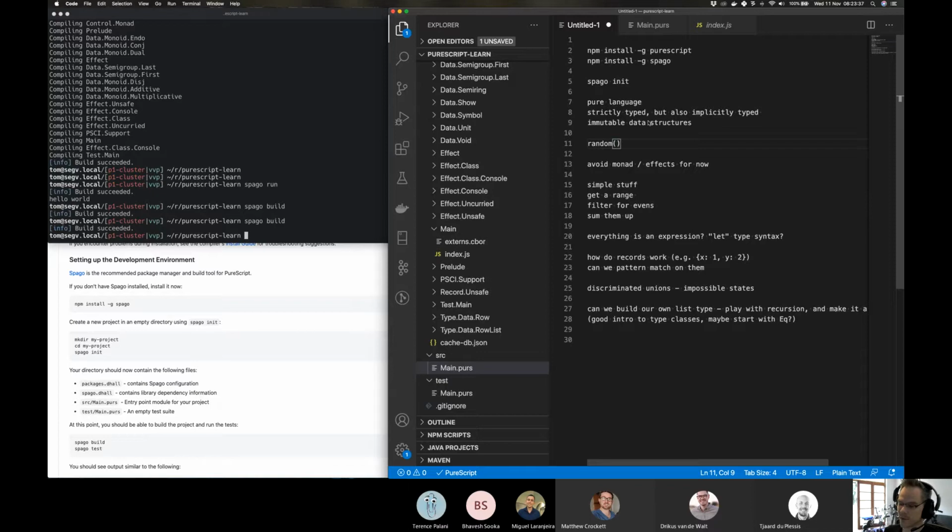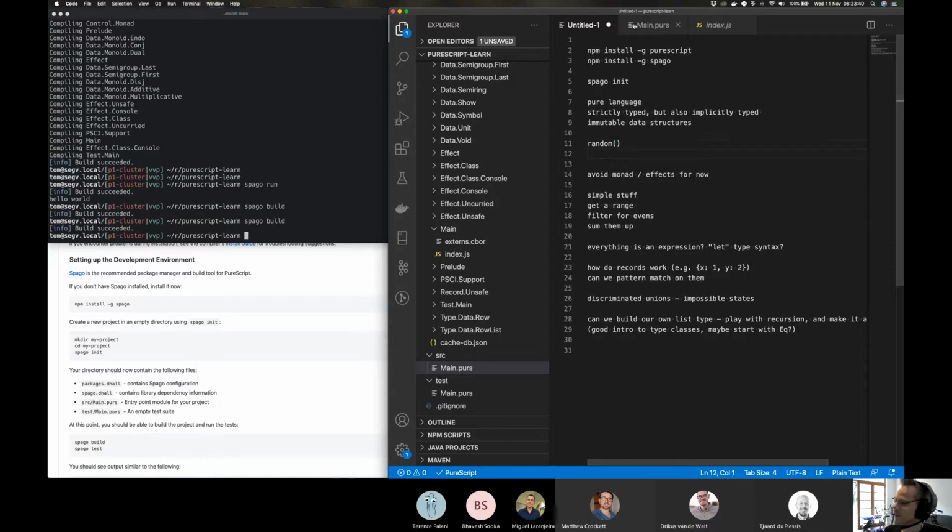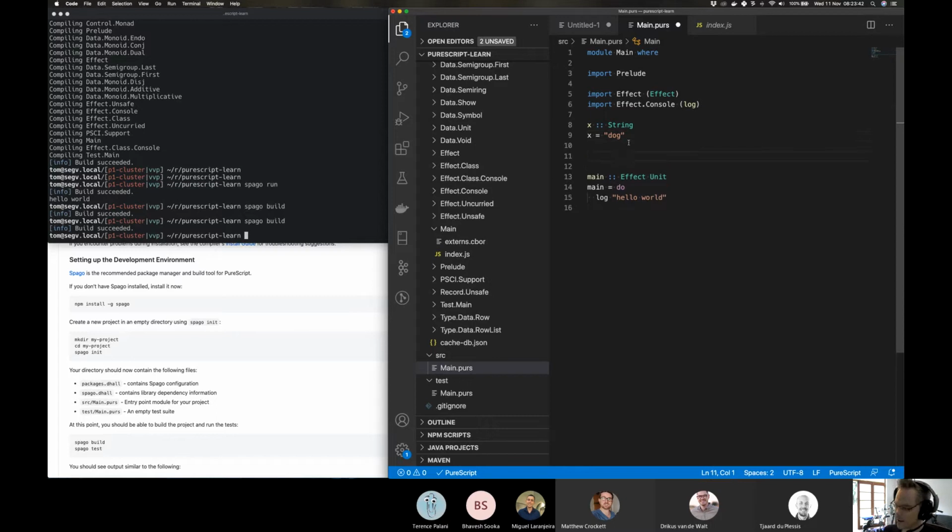Does that make sense? If I define a function, I'll write it in here. It's not going to compile, but say I have a function, and I'll write it in C# or whatever: return, I don't know how you do this in C#, random.randint or something, and this thing returns an integer. This is not possible in a pure language, because this implies that f doesn't always return the same thing.